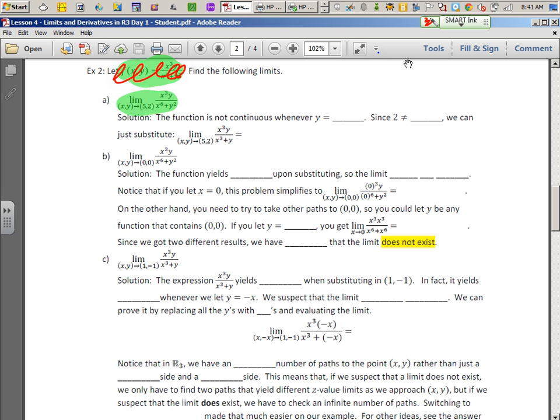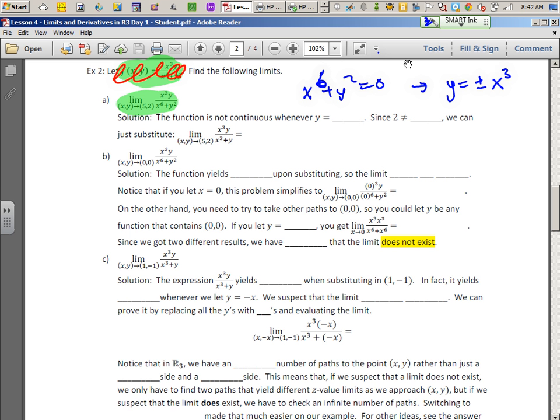So, okay, let's look at the first one. Limit as x cubed y over x to the 6th plus y squared. What is the limit of that when x and y go to 5 and 2? Well, if you look closely at this problem, when x to the 6th plus y squared is set equal to 0, you actually learn that if y is either plus or minus x cubed,